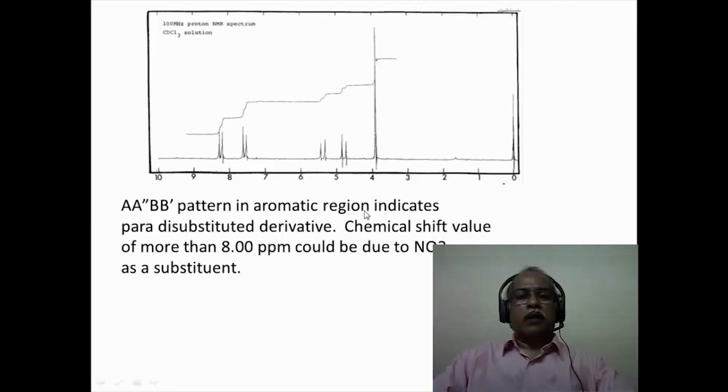If you have oxygen present, that will inductively withdraw electrons from the aromatic ring, but mesomerically it will donate electrons to the aromatic ring. So an oxygen functional group on the aromatic ring is generally considered an electron donating substituent. So most likely this molecule has a nitro functional group in the para position of the aromatic system. So one can consider, for example, a para disubstituted derivative with one nitro functional group. The HX and HX' correspond to this particular peak, which is a doublet because of the ortho hydrogen that is present here, with a coupling of 7 Hertz, which is what one can measure in this particular spectrum.